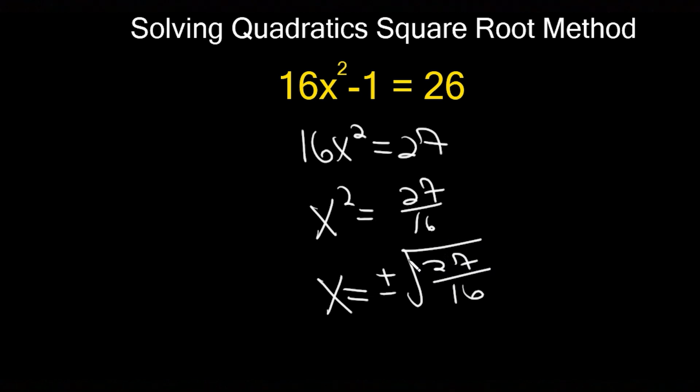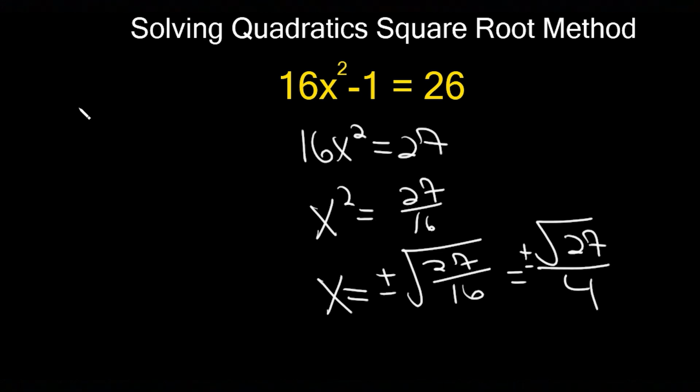Now we have to apply that to both the numerator and denominator, so that's going to give me the following. I'll get the square root of 27, and I'm going to leave it like that because that is not a perfect square, all over, well, the square root of 16 is going to be 4, and again, this will be plus or minus. Now, you could actually go a bit further with a problem because this square root of 27,